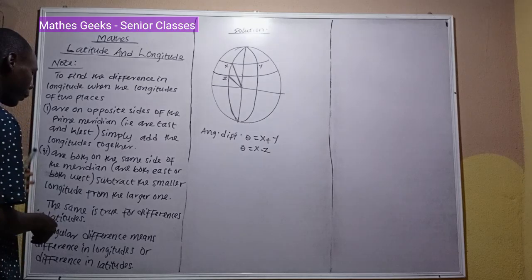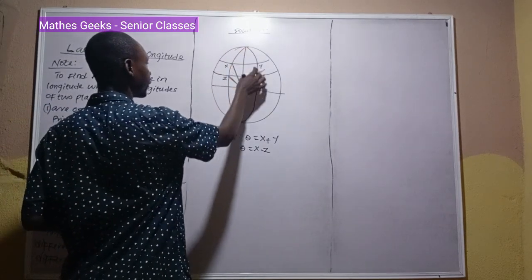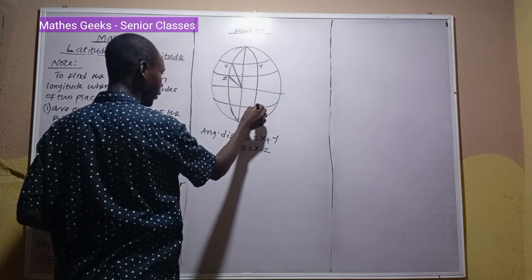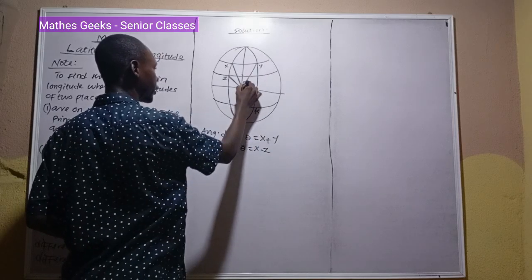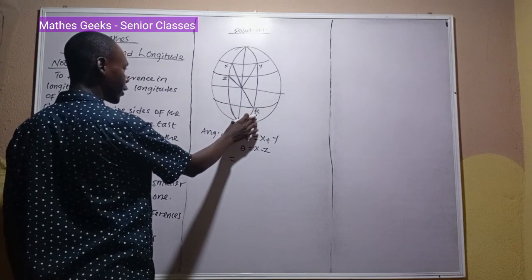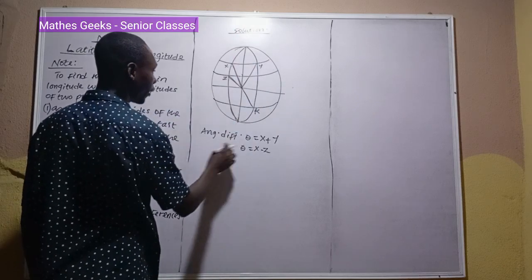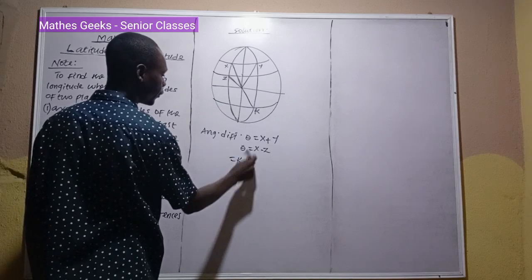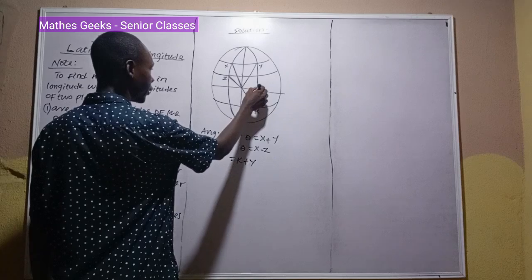The same principle applies to difference in latitude. So if one is here in the southern hemisphere, let's say on the same line of longitude, this is K and the other is Y, from the equator to here. Since the first latitude is in the southern hemisphere and the second latitude is in the northern hemisphere, the angular difference will be K plus Y. But if both of them are on the same hemisphere, like K, and the other one is, let's say,